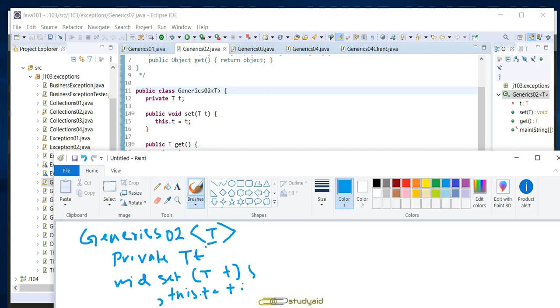What does it mean? This T can be string or integer, anything. If you don't define this, then you would have to write it like this: Generics02,